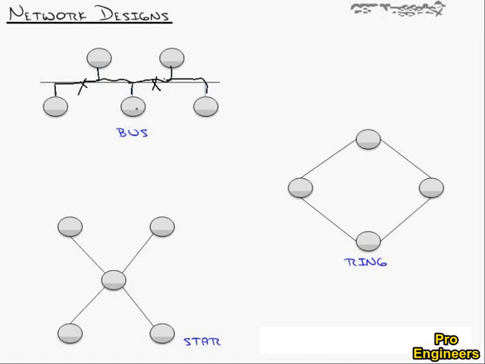We also had rings. This is where you might have heard of a technology called token ring, where we'd have this token that spun around the network to each device and grabbed the data that was sending or receiving and delivered it to each device. But the topology that really took over the world was the star, which was where we have our switch in the middle and all the devices connected off the switch. And that was the topology of choice that ended up winning.